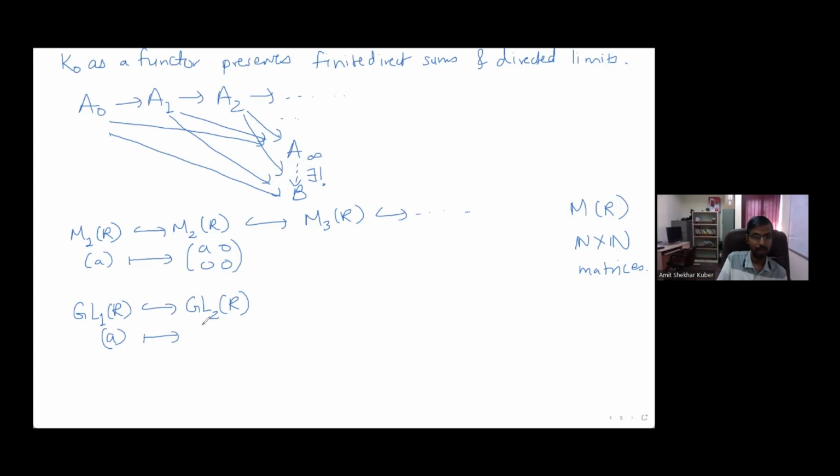So A, the matrix is still invertible. So we don't pad it with zeros, but we pad it with diagonal ones. The group that we'll get will be called the infinite general linear group. But again, only finite diagonals are